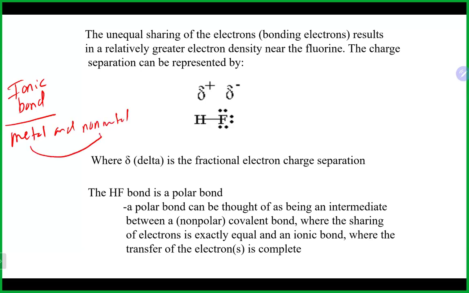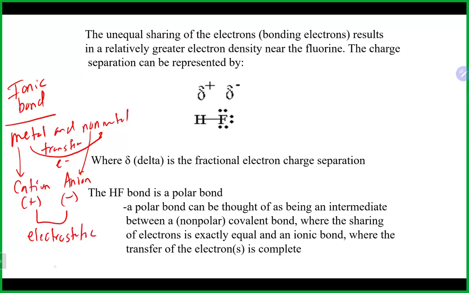And we are always going to get a transfer of electrons in this case. That's going to create our cation, which is positively charged, from our metal. It's going to create our anion that is negatively charged from our nonmetal. That's going to hold together through that electrostatic attraction. No sharing of electrons here. An example, obviously, is something like sodium chloride,